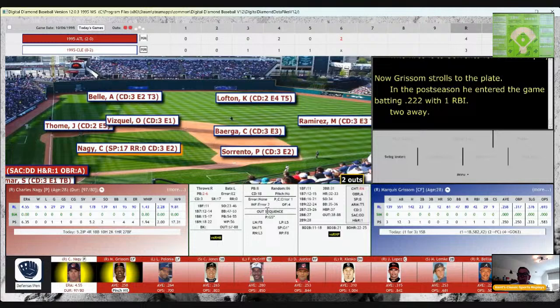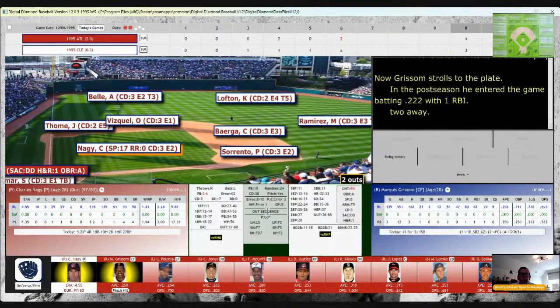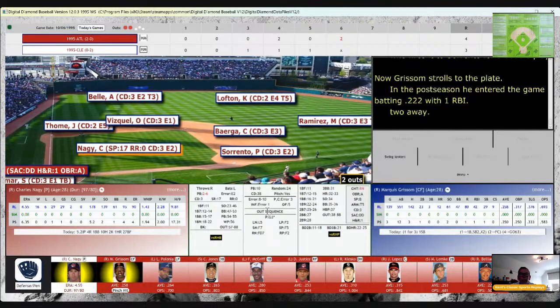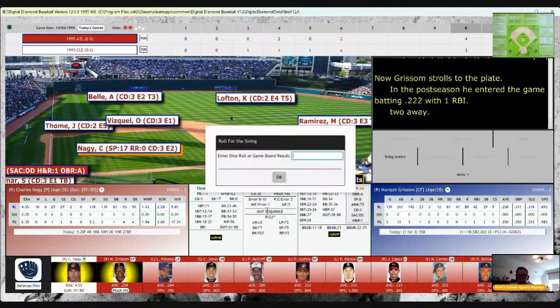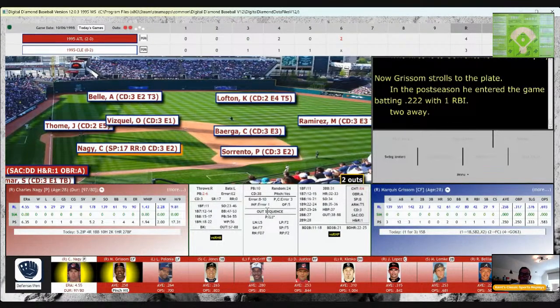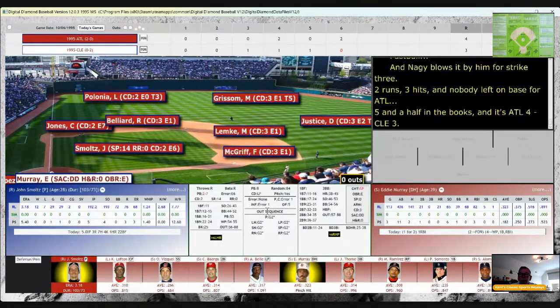Grounded out to short his last time up. Here is the pitch. Will be on Nagy's card. At 24. Struck him out as Nagy pitches himself out of a bit of a jam, but not after 2 runs come across. So I guess effectively he did not pitch himself out of a jam. He pitched himself into one as he trails now 4-3.